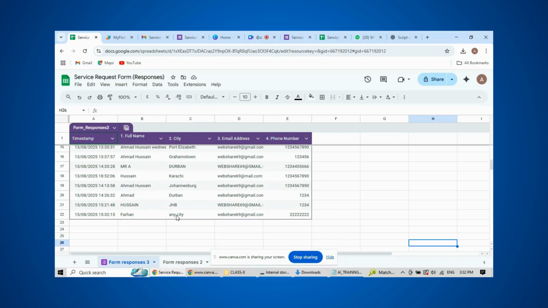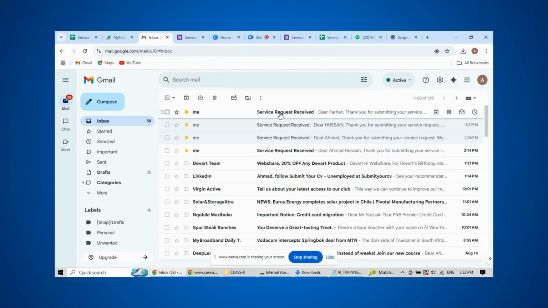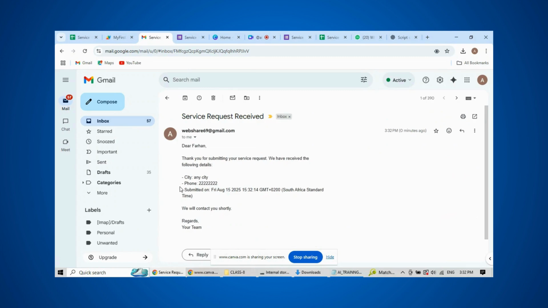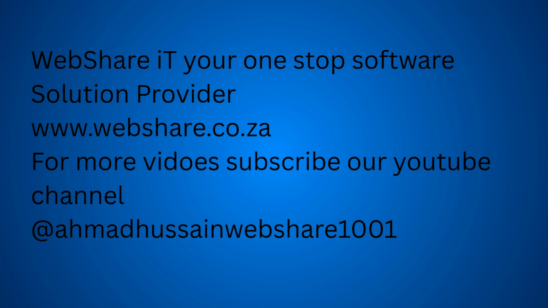The moment we submit the information, it comes here, we see the information appear in our Google Sheet, and you heard the sound of my phone, so my email also received that information. Go back to the email notification and see this request come here. So this is okay, any city, the city name, phone number is this, submitted information is this, dear Farhan, this is all automatically generated. I hope you enjoy this our